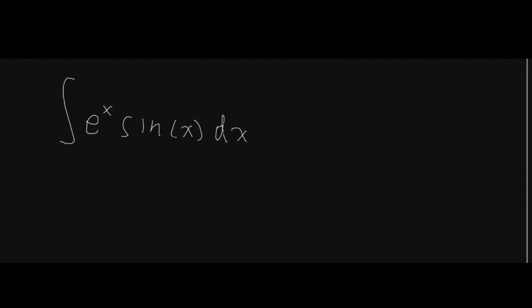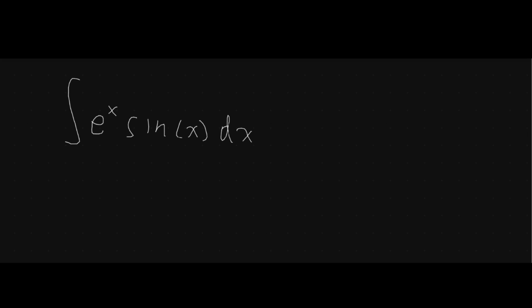Now, let's try and solve a harder integral and see how we can go about and choose which of the two functions we need to choose as u and which one we need to choose as v dash. So let's solve this integral of e to the x times sine of x dx. So how do we choose our u and how do we choose our v dash? The way to do this is we need to remember